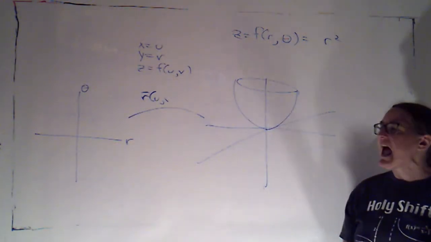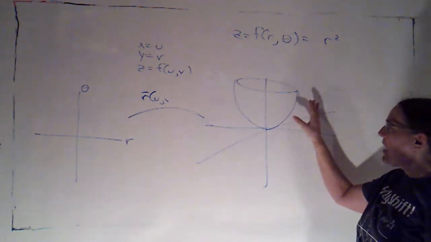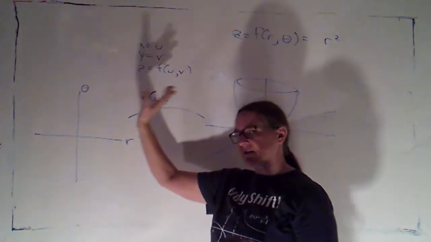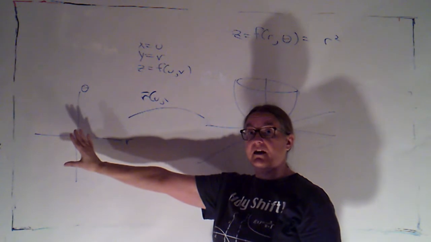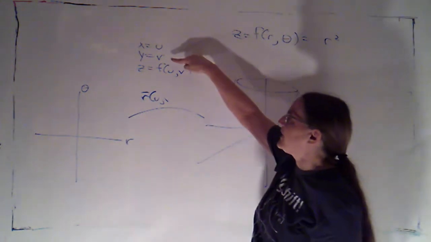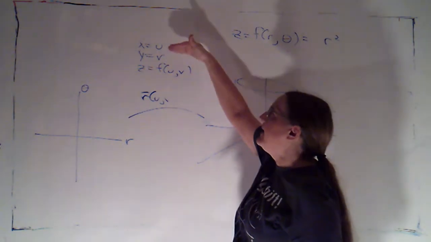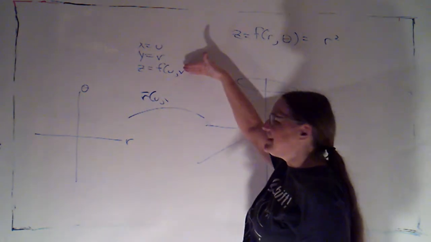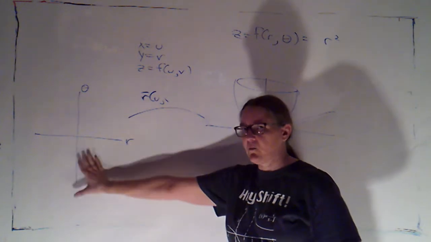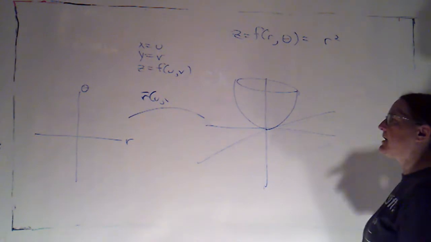Now, I'm probably going to use as the names of my parameters r and theta rather than u and v. I kind of like to have different names than x and y because x, y, and z, that's in my 3-space. Different names, that's in the 2-dimensional domain for this thing. Although there certainly are times when, if I'm letting x equal u and y equal v, I don't bother with this change of names and I just say x is x, y is y, z is f of x, y. For now, let's agree that we're going to use different names for the domain in 2-space than we use for what we have in 3-space, at least until we get comfortable with this.